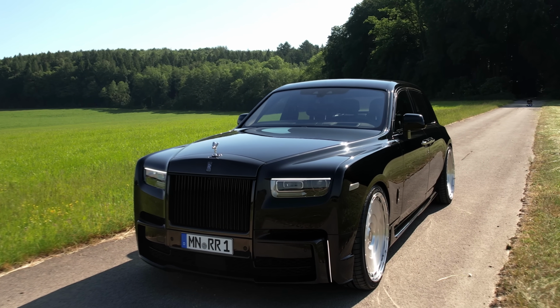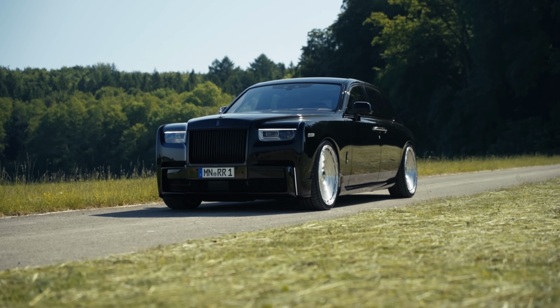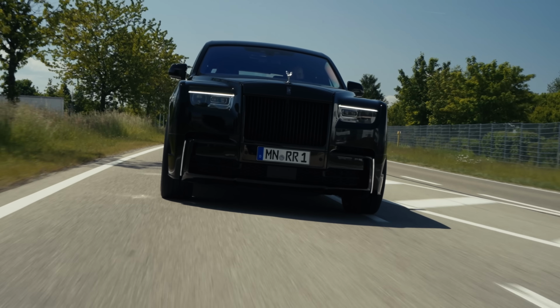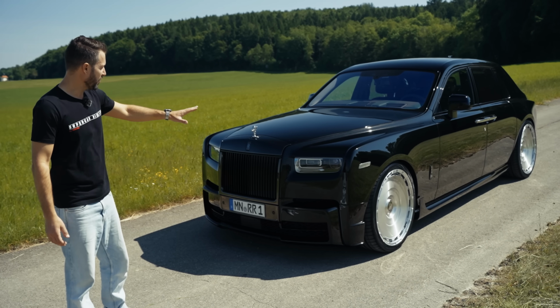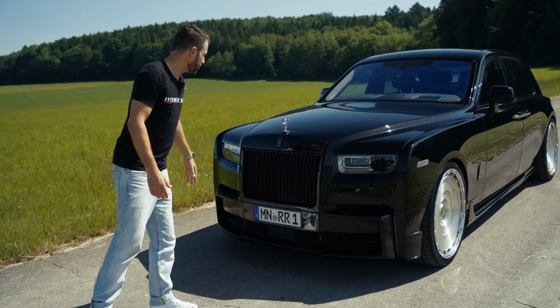It's the 8th incarnation of the Phantom, the second one since BMW is on board, and it's the Series 2. So what does that mean? Is it a facelift? Not quite. This is more like a tweaked and even more special version of that Phantom 8. And a lot of the work that Rolls-Royce have done happens here in the front with this section over here